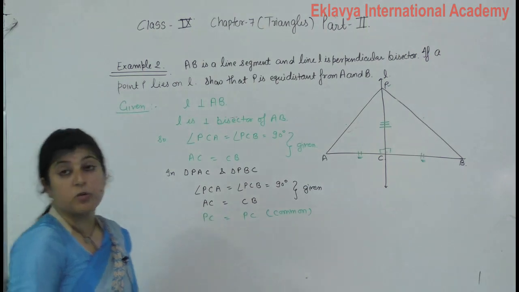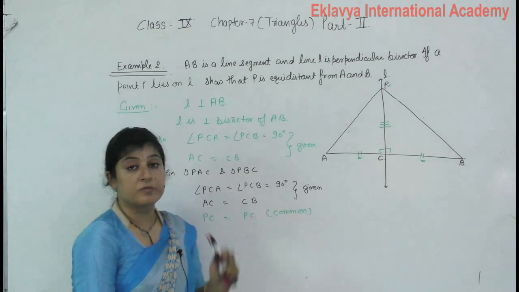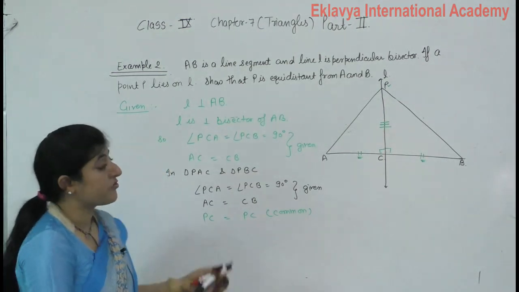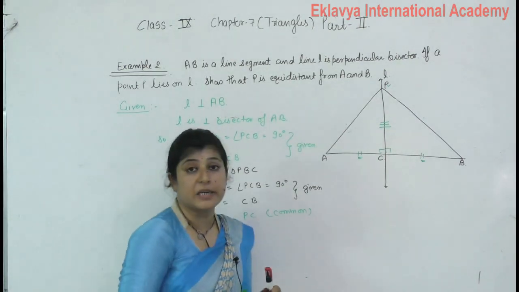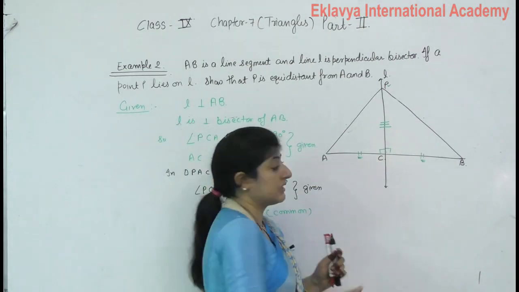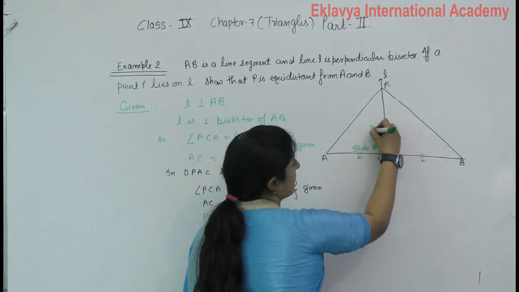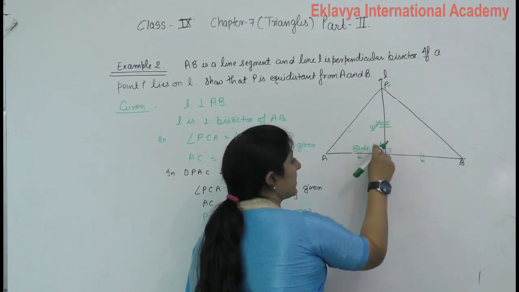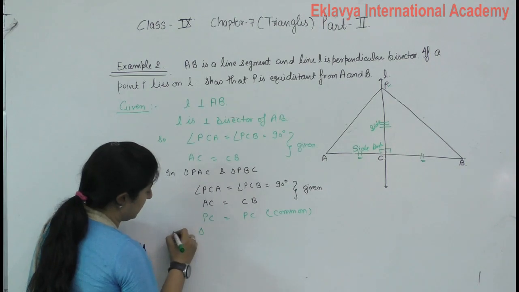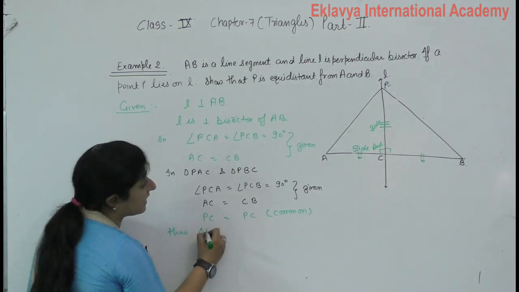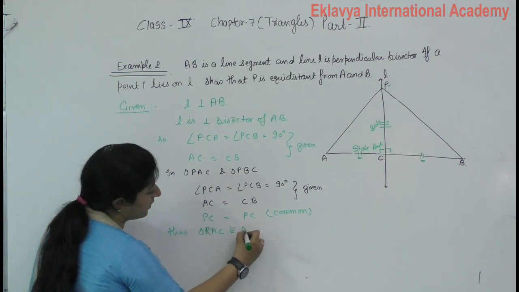Whenever you write that any elements are equal, also give a reason for it, whether it is given or because of some other information. Now check in your diagram which rule it follows. This is side, angle, side. In this triangle we can apply the side-angle-side rule. So we can say triangle PAC is congruent to triangle